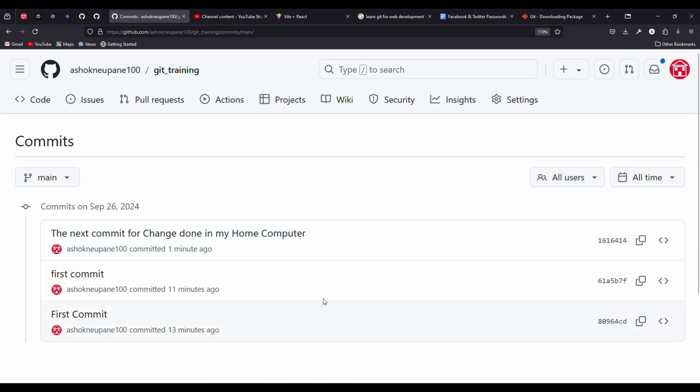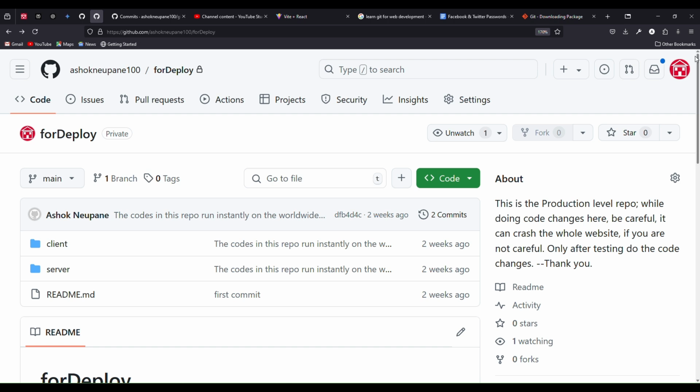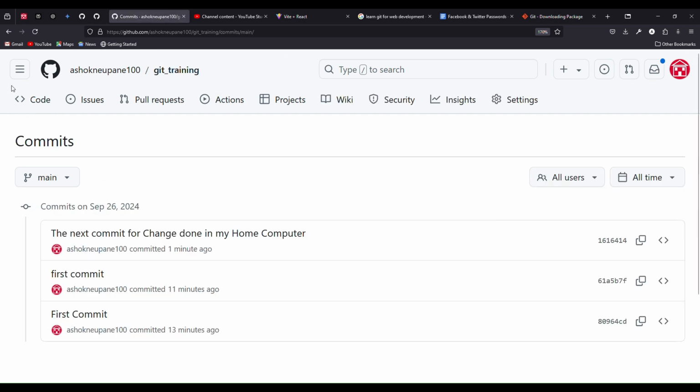And what you can do, you can go to the office. Then in the office, once you go to the office, you log in to your GitHub account. Once you log in, you'll get this thing, and you can come here and copy this thing, and you will do git clone. I will make one video about how to clone the git. Then you can do the things very easily.